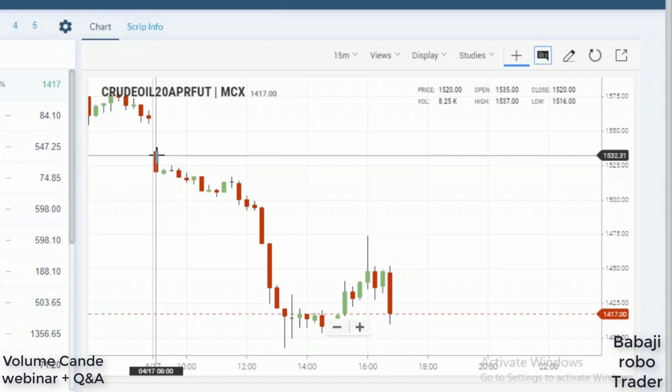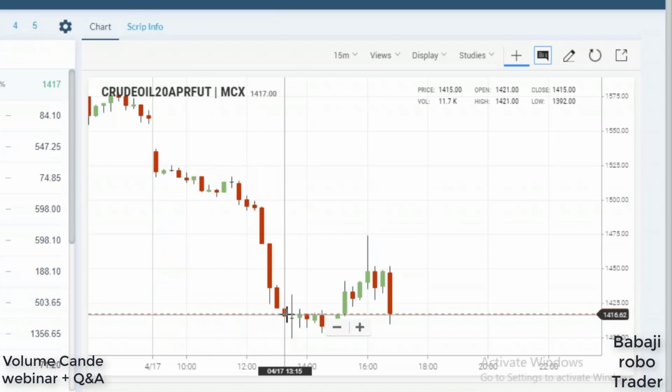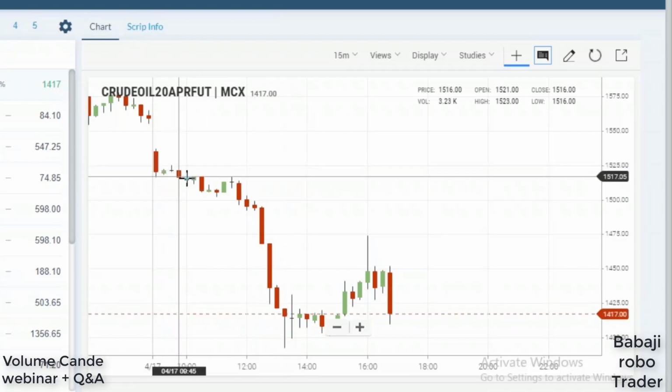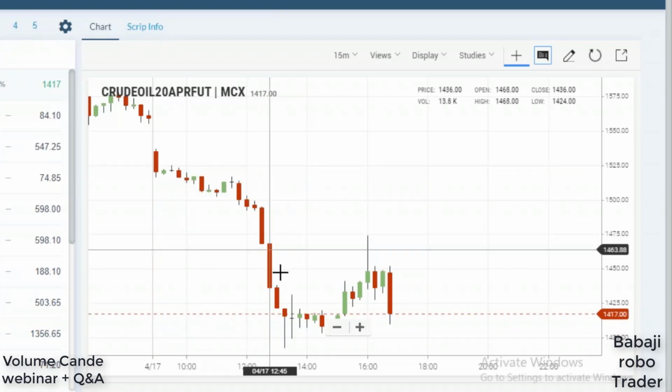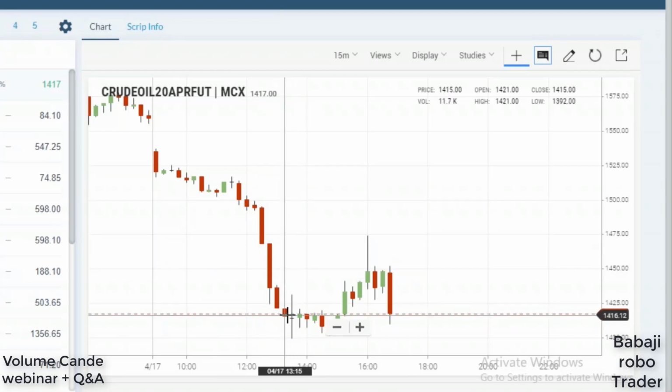So we should not go on selling at the vertical wedge of the market, that is, at market open, because at that time there is a lot of confusion in the market whether it will go up or down. Okay, so we are focusing on the pin bar to make our trade more successful. Whenever the market is moving vertically higher or lower, we notice one bar called a pin bar.